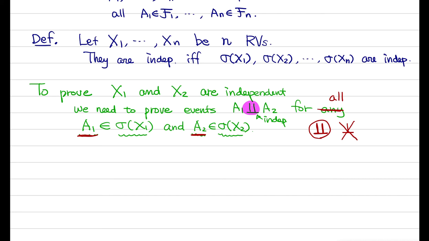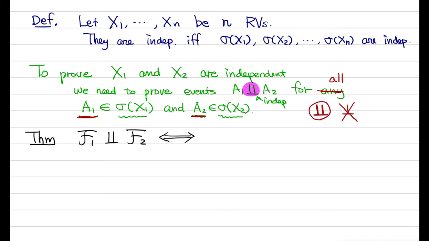So let me state that. The theorem is: two sigma algebras are independent if their pi systems that generate each sigma algebra are independent. Let's call this pi system, which is a sub pi system that generates the sigma algebra F1,